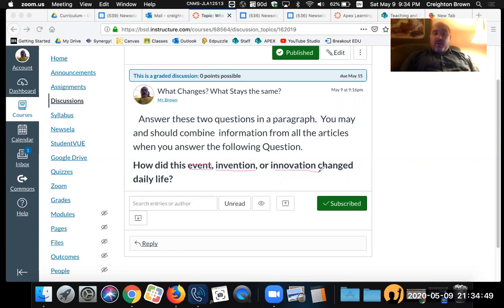Sometimes we also have an innovation. And an innovation is something that already existed, but it gets better, right? So Elon Musk has made the Tesla. We already had electric cars. We already had automobiles. But Tesla's kind of like an innovation. It's the same thing, yet it's improved upon. It's twisted and created in a better way. It goes faster, it's cheaper, the charge lasts longer. There's a lot of innovations, something that already exists, but gets improved upon.